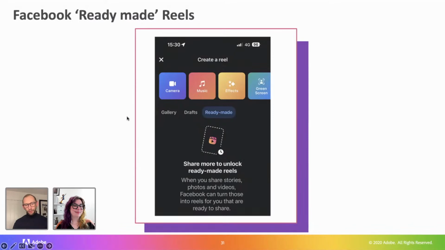And here, whilst you can save your drafts, you've got a gallery of your images. Basically, let's just skip to the good bit. Here's some ready-made stuff ready for you, which will take anything you've previously posted on Facebook and use Facebook's intelligence and AI to go, hey, this would be a good combination of these carousels or videos or static images. Here's a ready-made reel for you. Do you want to post it? So that should be live now. Obviously, I don't know about different countries and localities, but it should be ready for everyone to get involved with.